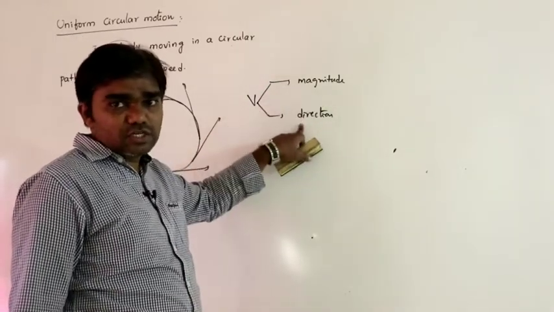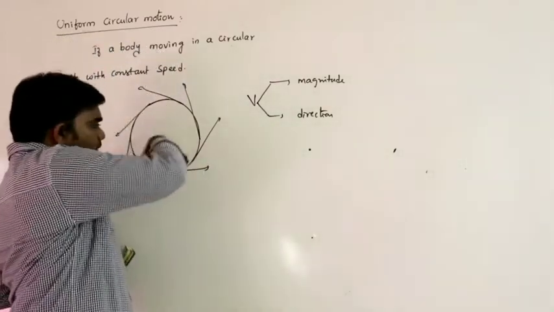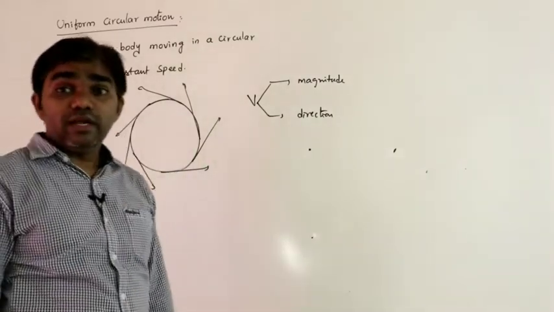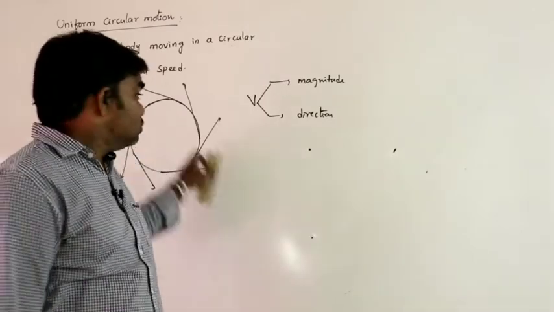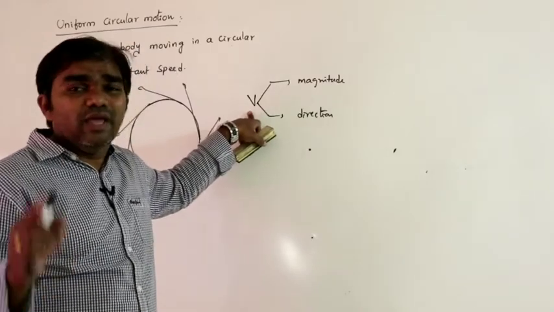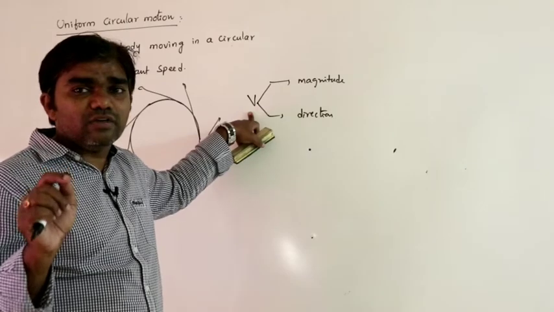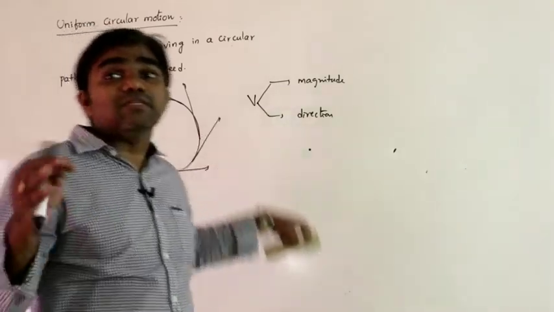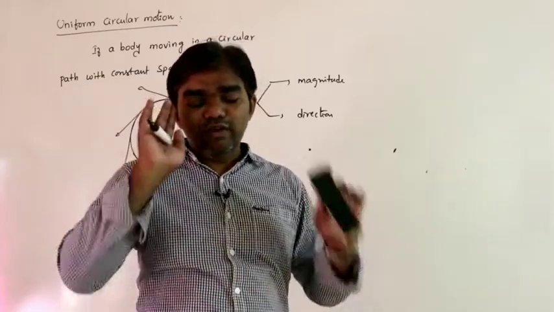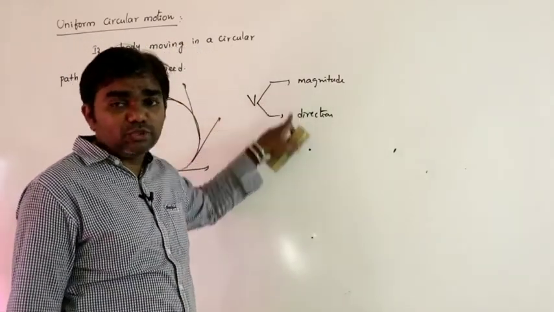If any one quantity changes, velocity must change. So if the body is performing circular path, the direction of the body continuously changes. Due to the change in the direction, the velocity of the body also changes. So any body performing circular path does not have constant velocity. It must have constant speed only. A very important point.